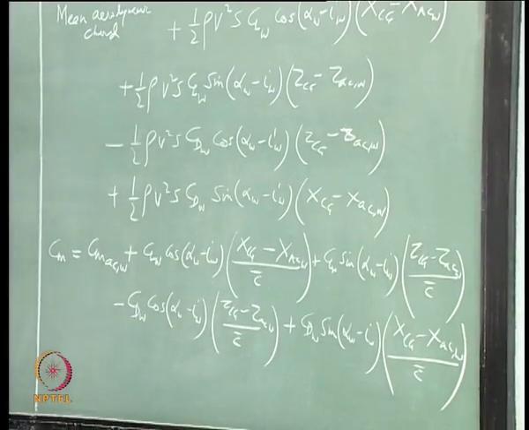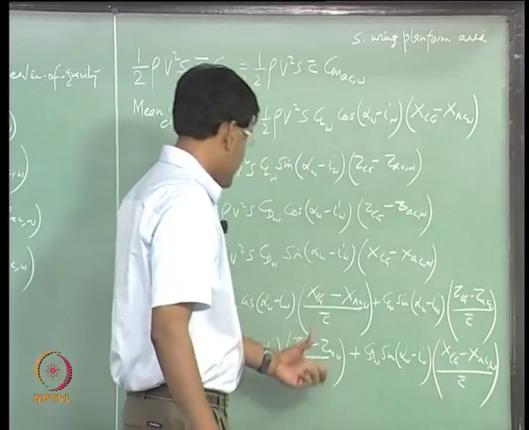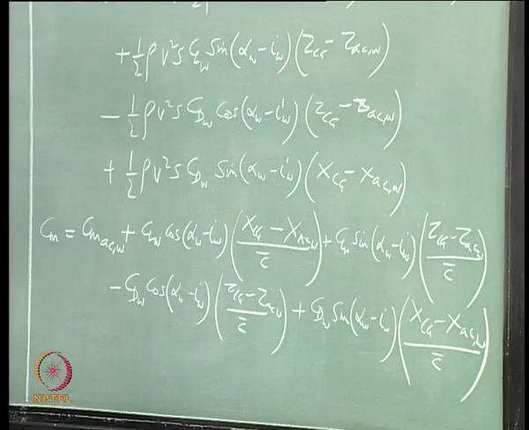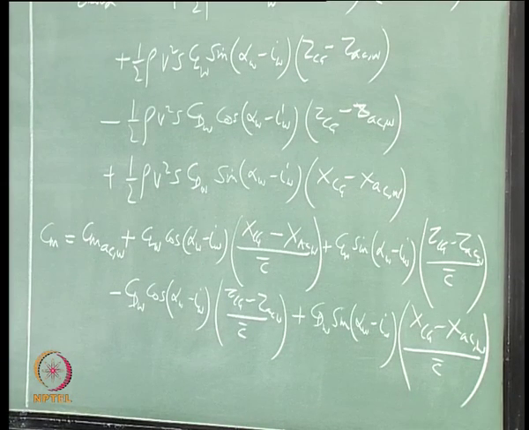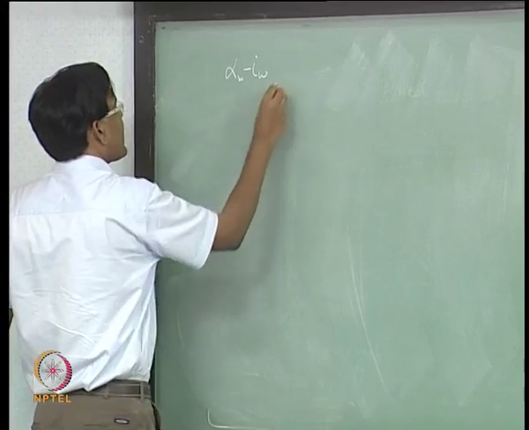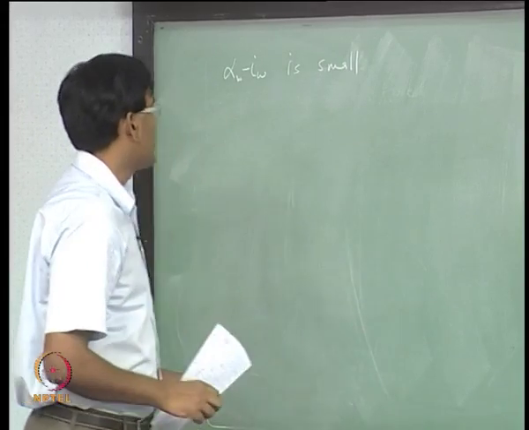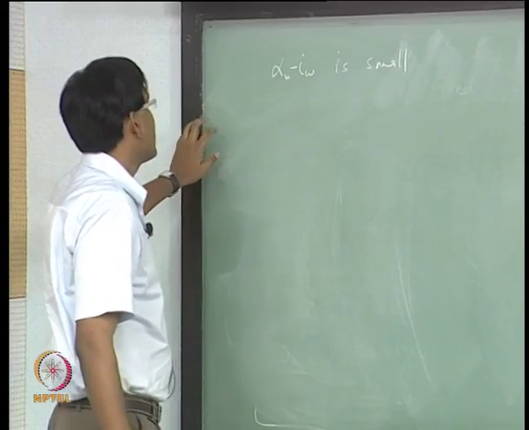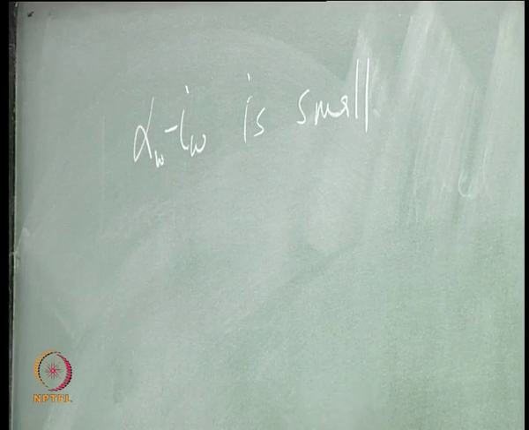Now, this is the complete expression. If you have all the distances which are significant and all the numbers which are significant, we have to include them, but here for simplification let's assume that this angle is small, which is a perfectly valid approximation or assumption, because we are talking about the pre-stall conditions of flight. So, alpha is a small angle,